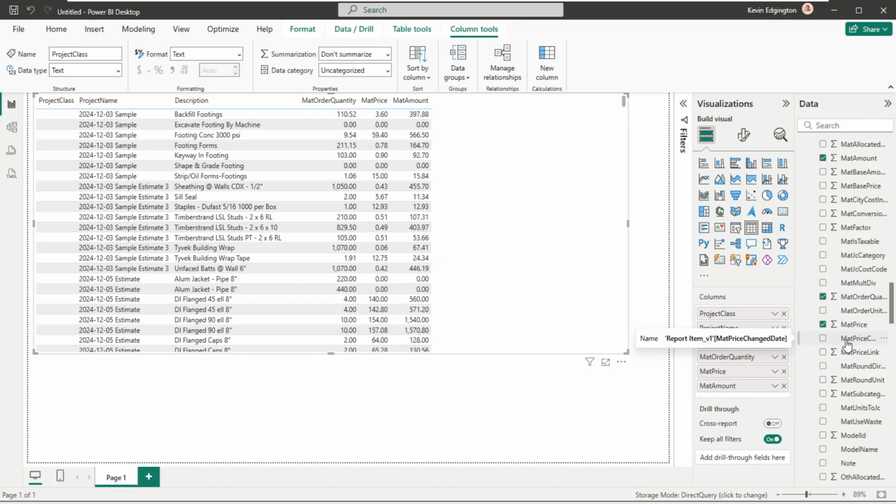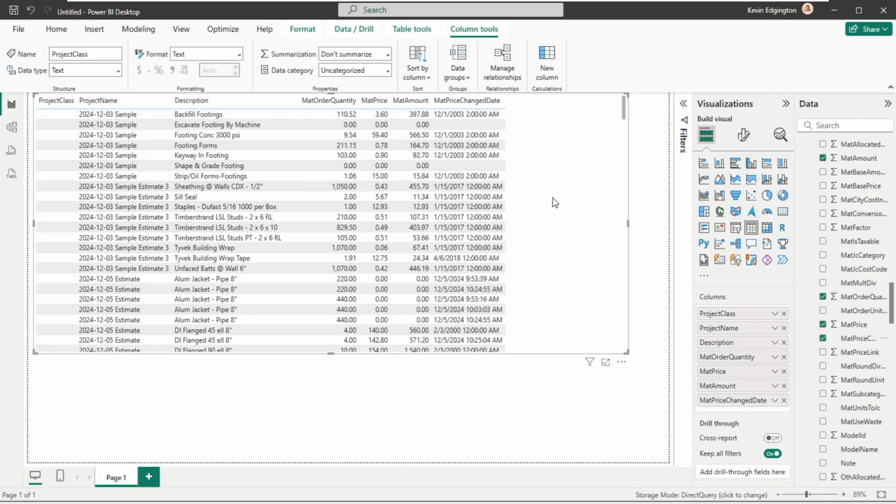Now, this material price change is kind of a bizarre little field because let's say that I had concrete in my estimate or in my database that hasn't been changed since 2020. So let's say January 1st, 2020. If you grab that item and drop it in your estimate, that price change is still 1/1 of 2020 unless you go into that estimate and update it. So that's kind of the neat thing about this, it's truly how old that price is as far as how old was it in the database when I dropped it in this estimate. Or if somebody went in and actually updated this estimate, it would be the newer date of whatever I've put in that estimate. So that's what I liked about this date. So I'm going to just drop it out there.